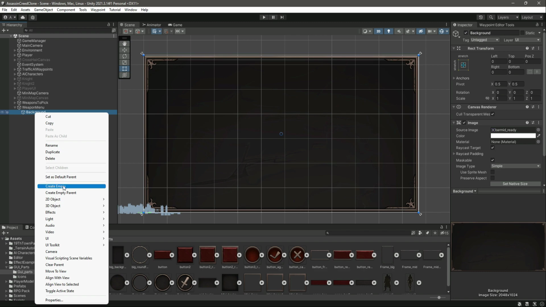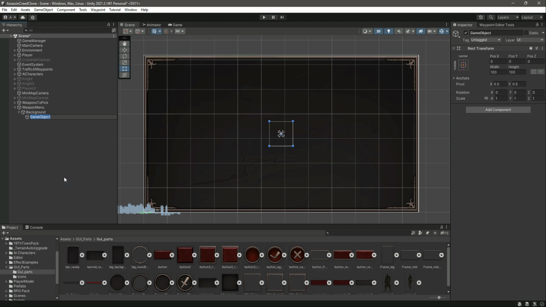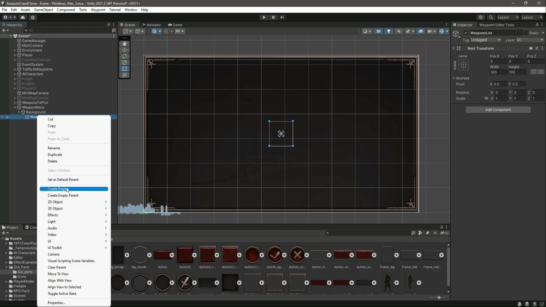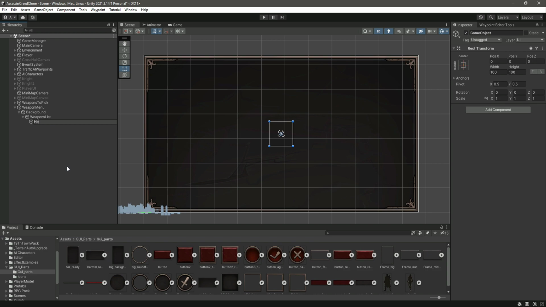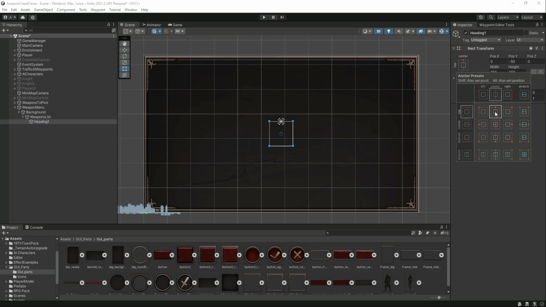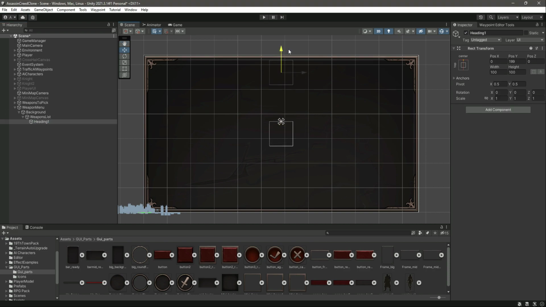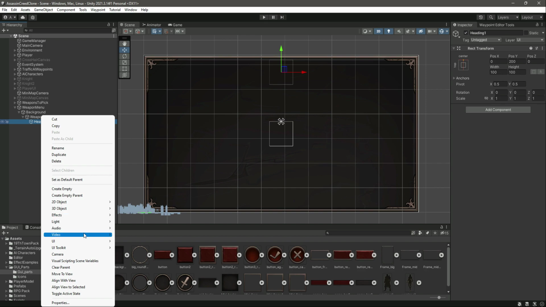Inside this background create an empty game object by the name of weapons list. Then inside this weapons list create another empty game object by the name of heading 1. This heading 1 will be on the top center, so make sure that you change the rect transform to top center while pressing the Alt button like this, and then let's move this up right here as well. Make the position Y value as 208 or just 200 like that,